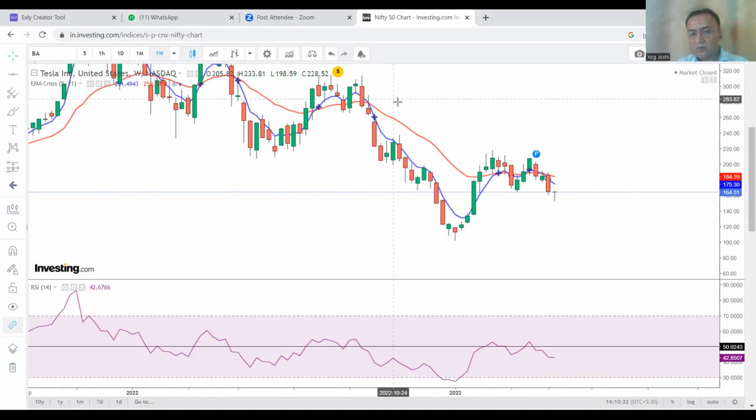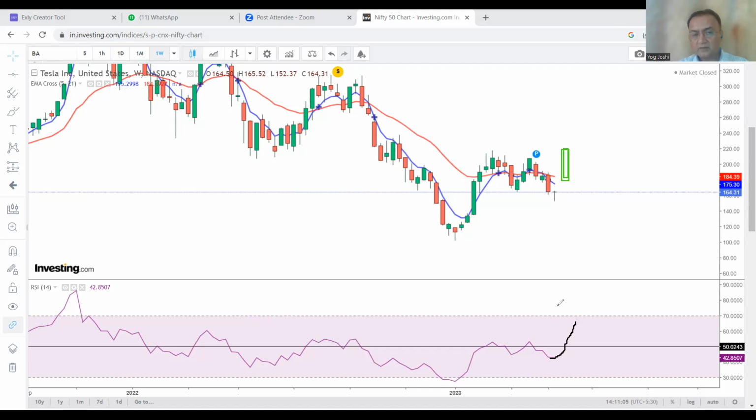Tesla only takes an upward direction when it closes above its 5 and 21 moving average, and RSI should reverse from this area and cross the 50 line. If we receive this type of scenario, we can say Tesla now comes into bullish momentum. Currently, it is in a clear-cut bearish trend, bearish momentum, with negative sentiment in the market.